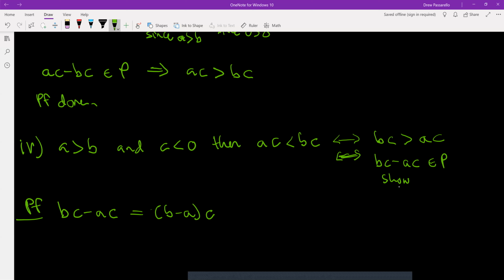If we want to prove this is an element of P, now I have A is greater than B, which means that A minus B is an element of P. And A minus B is the same thing as negative of B minus A. Right, that's the same thing. So I would write this as negative, and then